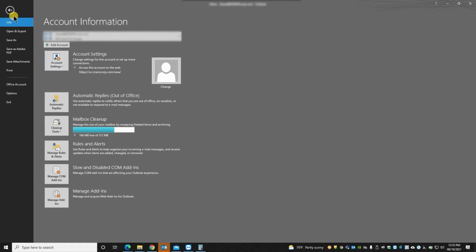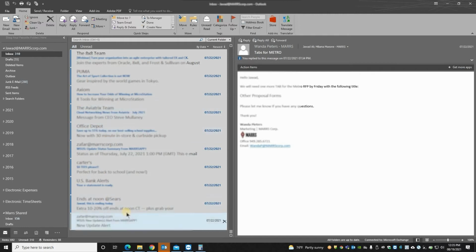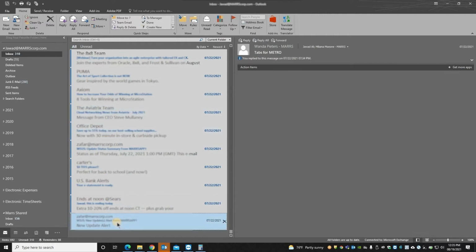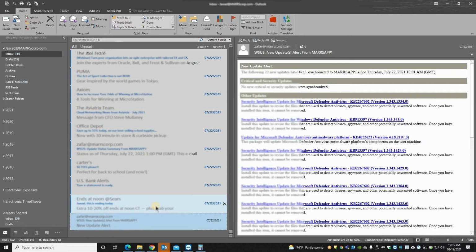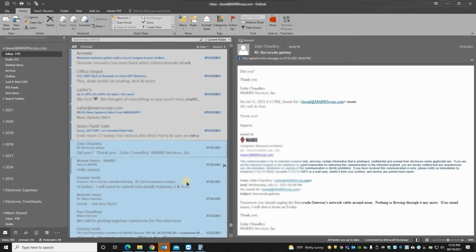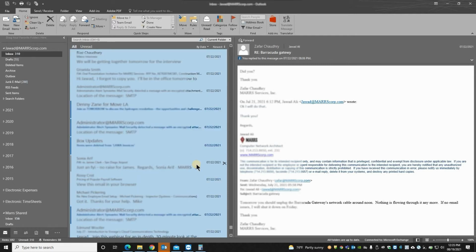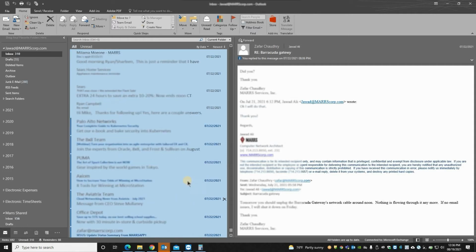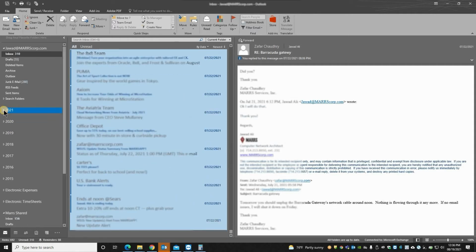I'm going to get full. And then what I do, I go to the end of my emails. Let's suppose I want to archive just 2022, I select and hold the shift button, and I go up and choose the last email. You can use the shift and arrow keys, or you can hold the shift key and just click from start to end. And then I expand my 2021 and just drag and drop into inbox.